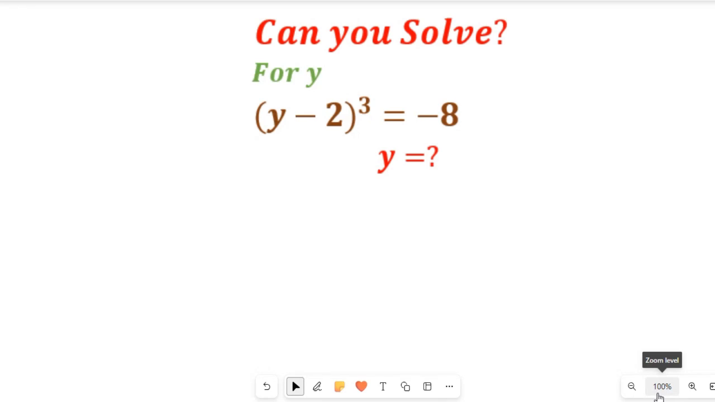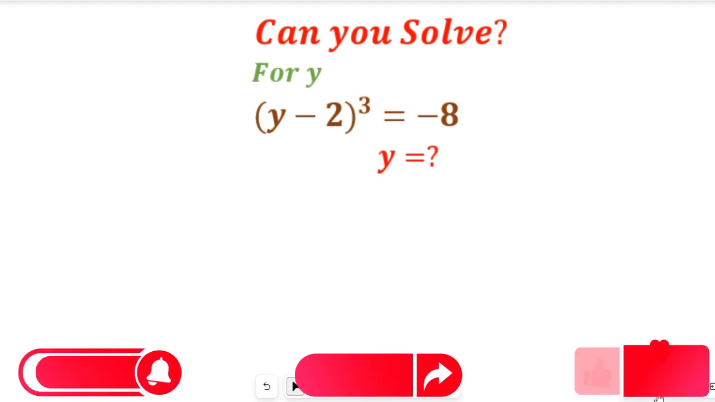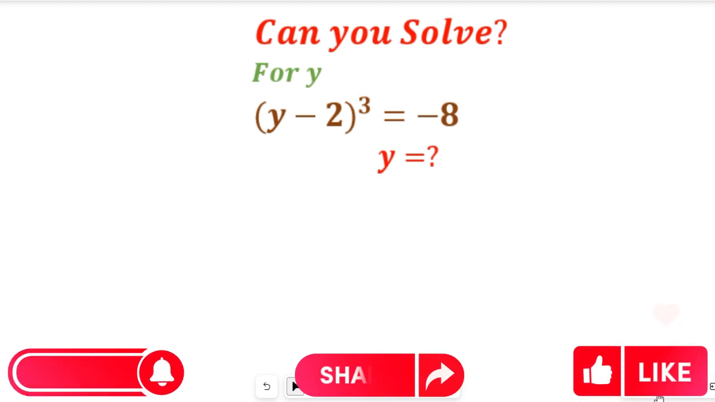In this video, you will learn how to solve for the value of y in this algebra problem. To solve for the value of y, the first thing we are going to do is to take the value of 8 to the left-hand side. And to do that, we are going to add 8 to both sides. And now I also want you to note that